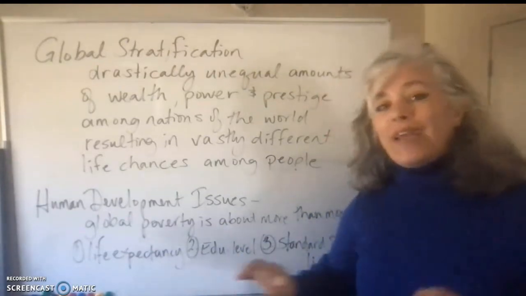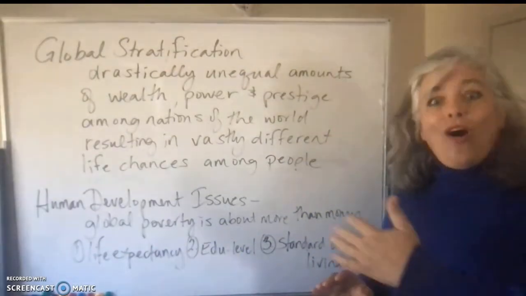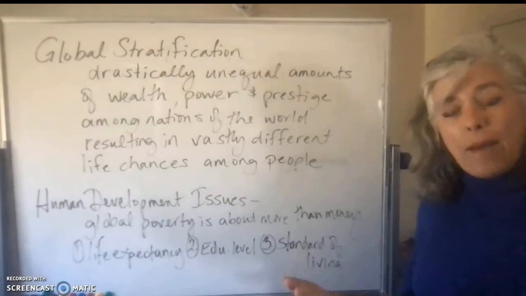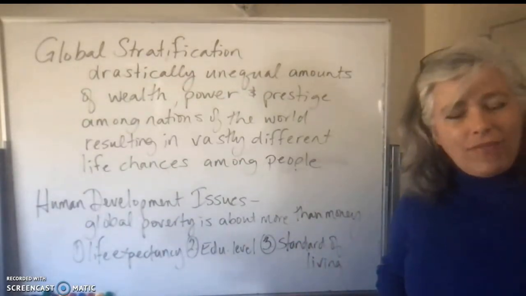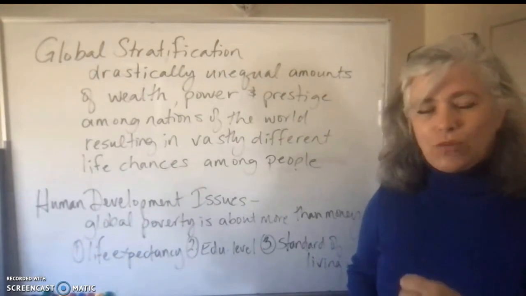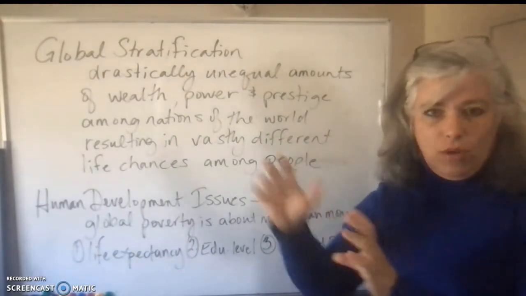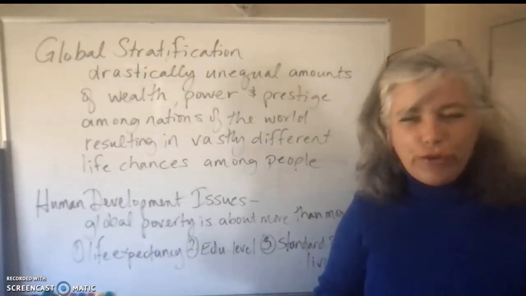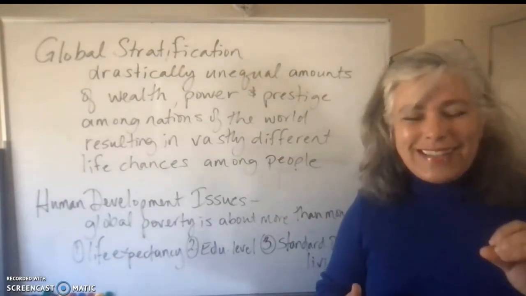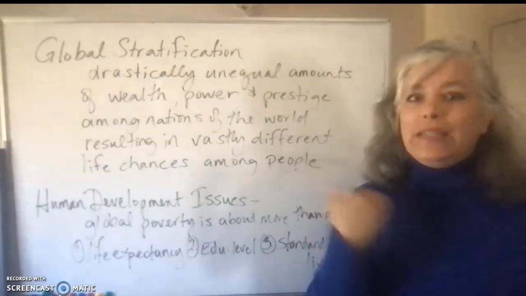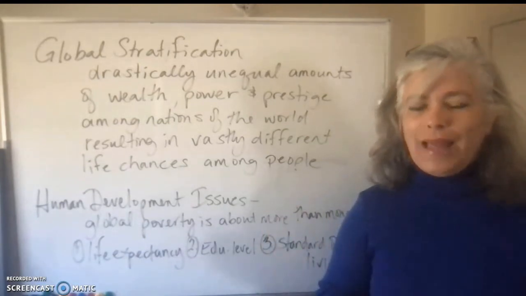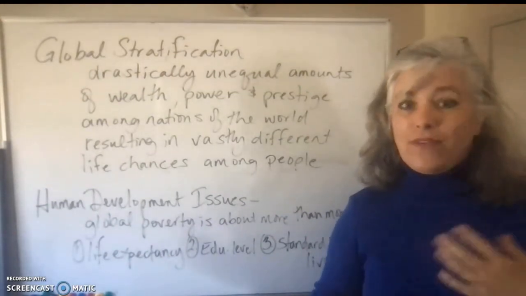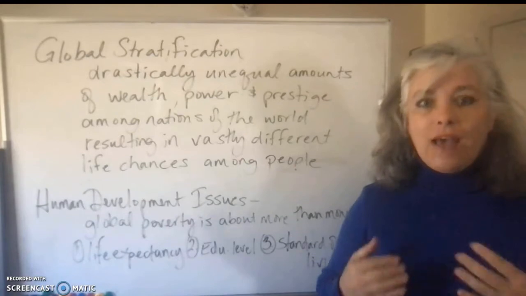So number one, we look at life expectancy. Life expectancy is how long is a person supposed to or possibly going to live in that particular location and time. I believe that it's the Democratic Republic of Congo, which is a nation smack dab in the middle of the northern hemisphere part of Africa, where the average life expectancy is 42, 44, something like that, years. So I'd be dead by now. I'm over that. So I would be dead by now on average in that particular place. And it's not because human beings can't survive longer than that. It's because of the lack of resources, the lack of infrastructure,